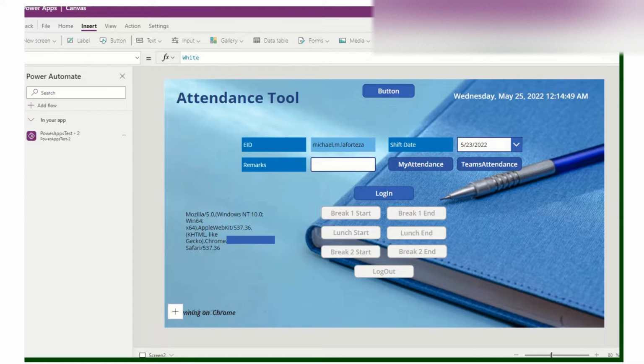So if the user is already late, and he accesses it on a mobile phone and then logs in on that phone, it's cheating, right? So basically the attendance tool is for desktop only, to avoid cheating using a mobile phone. So this function detects if the user is currently on desktop or mobile phone.